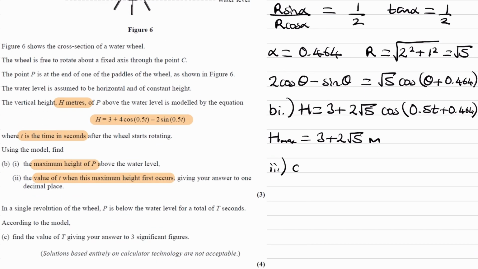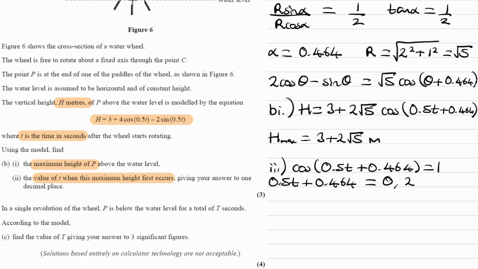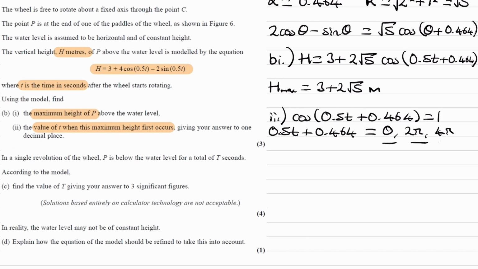And for part 2, we want to work out the time when this maximum height occurs. Again, we set the cos to be equal to 1 to get that maximum height. So we can set this equal to 1 and solve that. So 0.5t plus 0.464 is equal to inverse cos of 1, which is either 0 or 2 pi or 4 pi, etc. If we then, for these 3 values, take away 0.464 and divide by 0.5, we end up with minus 0.464 (approximately), 11.64,